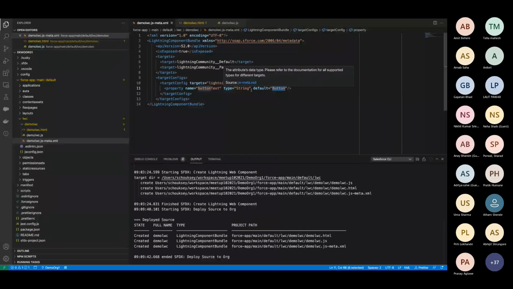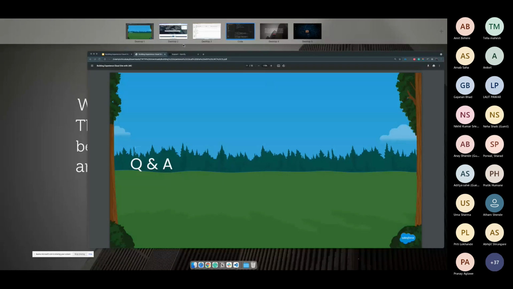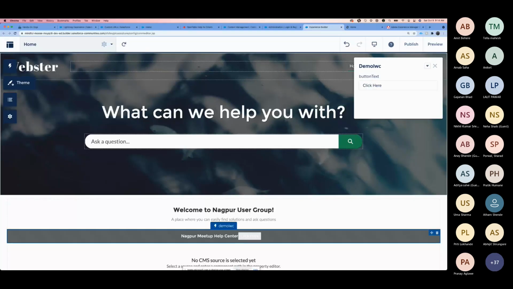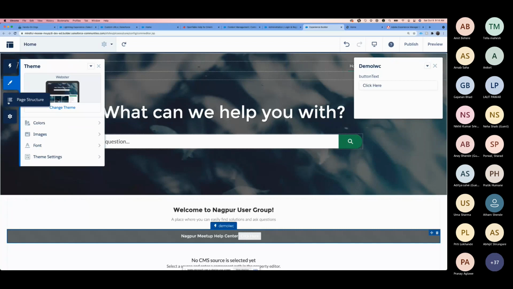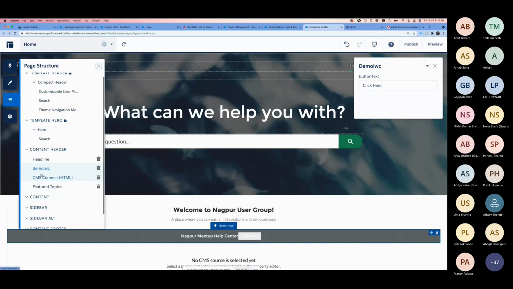Someone has asked, in site level configuration, can we hide and show the LWC component? Yes, for sure, you can do it. Once you drag and drop all the components here, if you want to show and hide it, it depends on what you want to do. You can add that logic simply in your Lightning component, but you can also do it here. You can assign the audience.